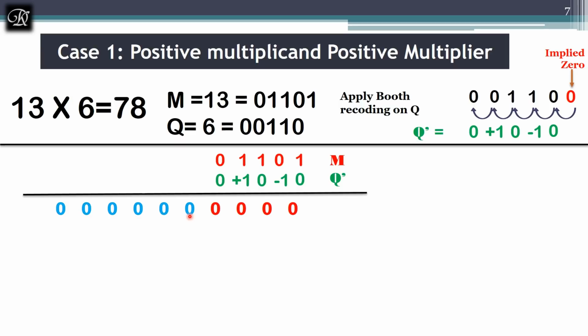So here the sign bit is 0, so I am marking with 0. Next, multiply this with -1. So when you multiply any positive number with -1, what happens? The answer will be a negative value, because I am changing the sign. This 0, 1, 1, 0, 1 is positive. So what is the negative version of this? Again, you have to find the 2's complement of 0, 1, 1, 0, 1. So this is the answer I got.